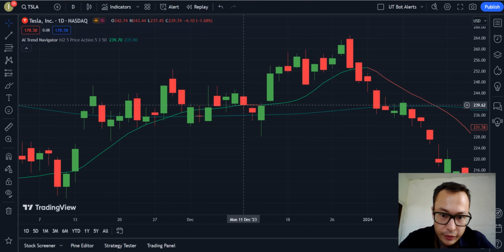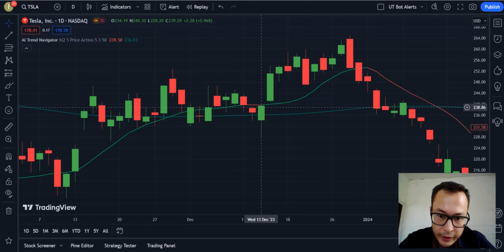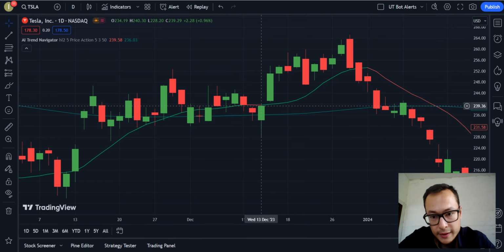But if a person wanted to avoid this type of loss, even if it's a small loss, the person could at that point sell his Tesla stock at $242.75 during the opening of the Nasdaq Stock Exchange on December 11, 2023, and wait until the AI Trend Navigator shows the green line again, which signals to us that the price of the Tesla stock will be going up. So on December 13, 2023,